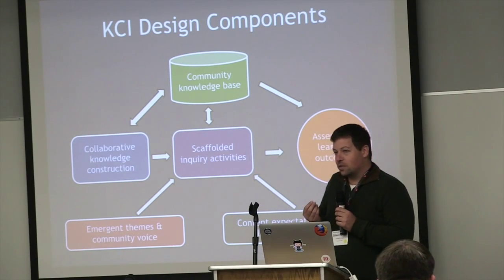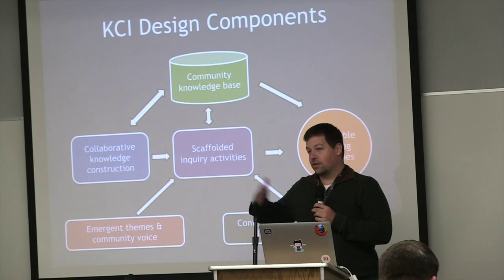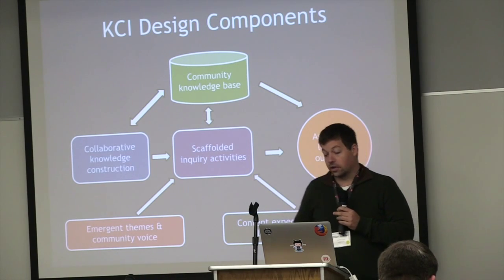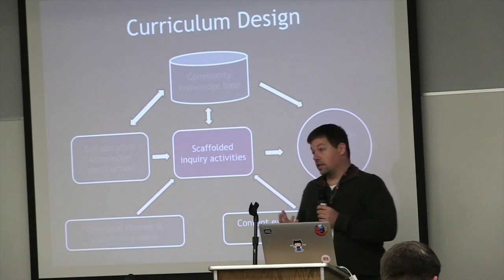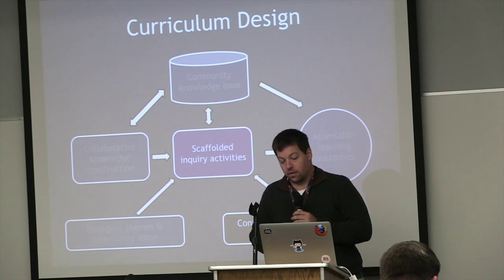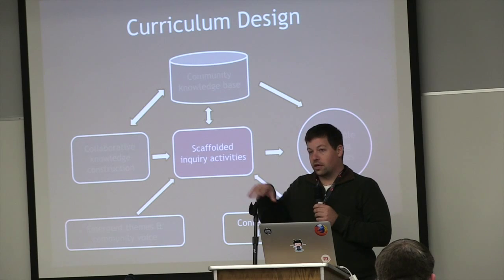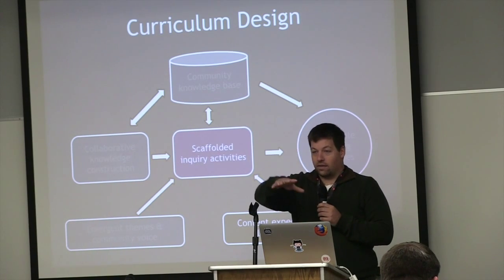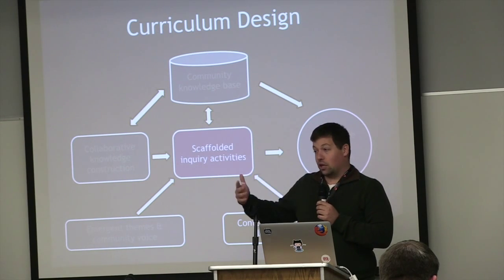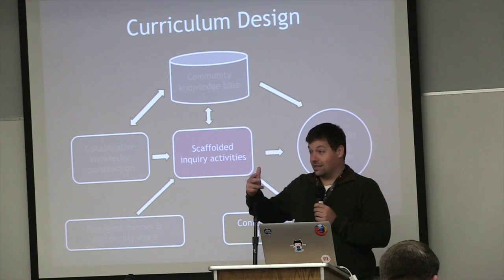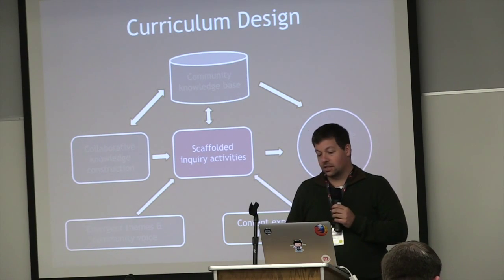So what Jim was interested in is really how can we have this deep inquiry and collaboration, but we still guarantee the teacher that they meet their curriculum goals. So we start out with scaffolded inquiry activities, and a good example from a previous K-12 project was where you had lots of groups that were learning about different diseases. So you have the circulatory system, you have the heart, and then you get a wiki template, so with the headlines, and now you need to go out and find some information about, you're going to be an expert on this particular disease.